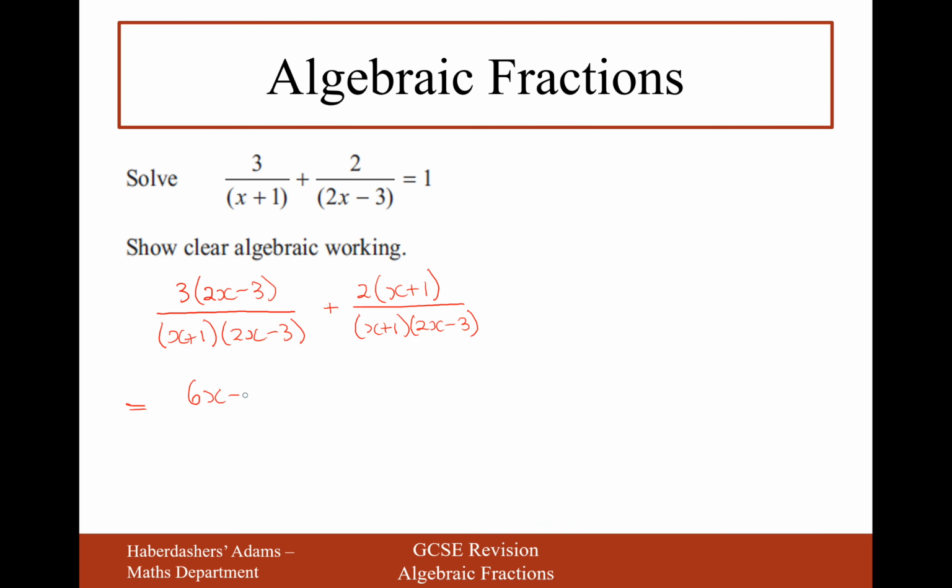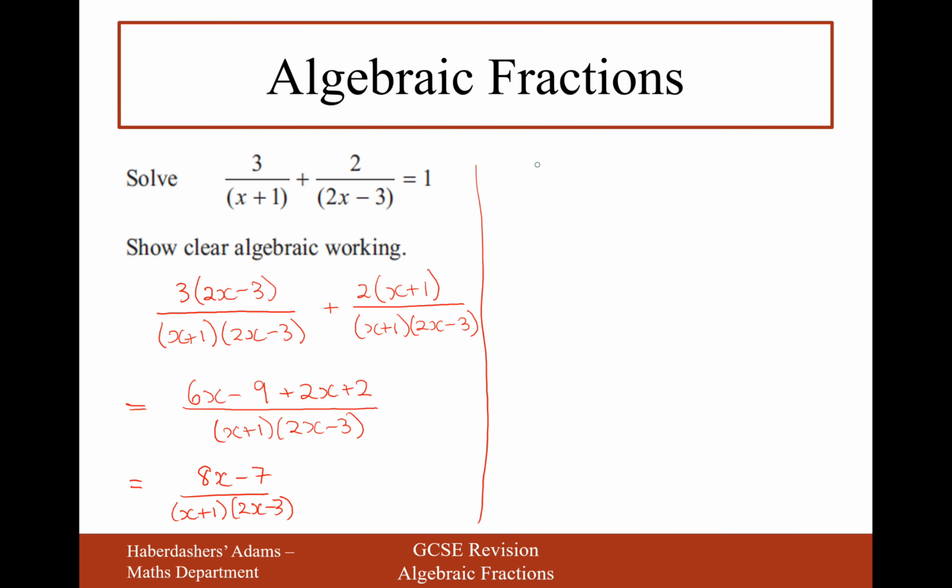It'll be 6x minus 9 plus 2x plus 2 all over (x plus 1)(2x minus 3). So let's now simplify these fractions together. So that would be 8x minus 7 over (x plus 1)(2x minus 3). Right, so now that we've done that, this fraction will now be equal to 1. We've simplified the fraction, 8x minus 7 over (x plus 1)(2x minus 3)